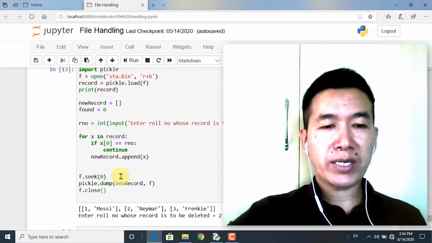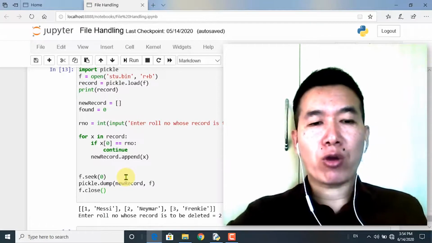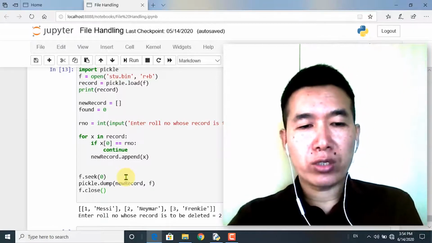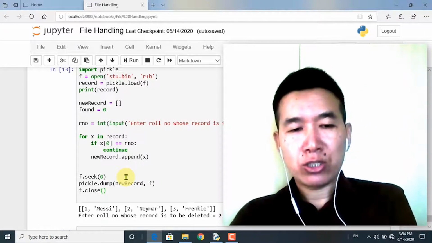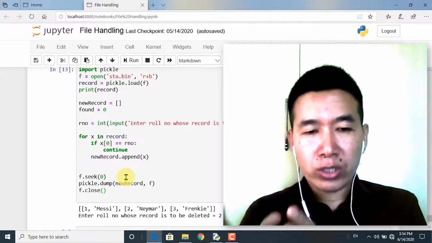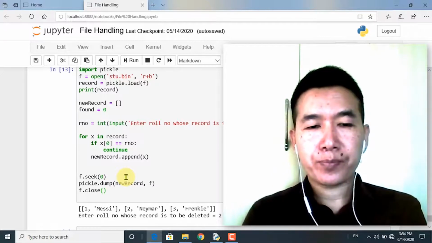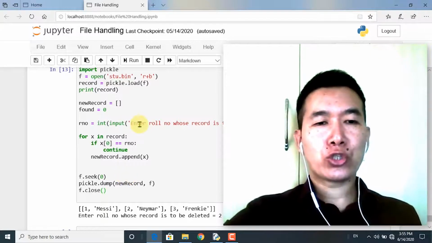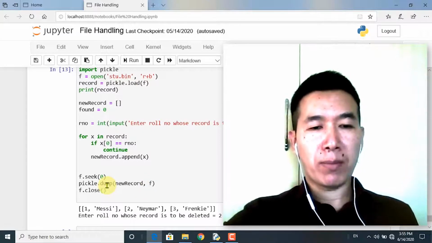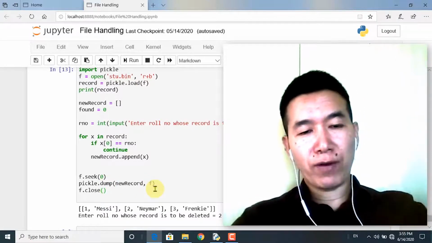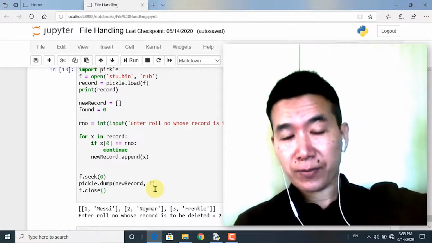But this time I need to dump the new record. In the new record, 2 Neymar appears to be deleted. In fact, it's not a part of the new record. So the new record has to be dumped into the stu.bin through the file handle of f using the dump method. Okay, so the file pointer, since it is at the start,